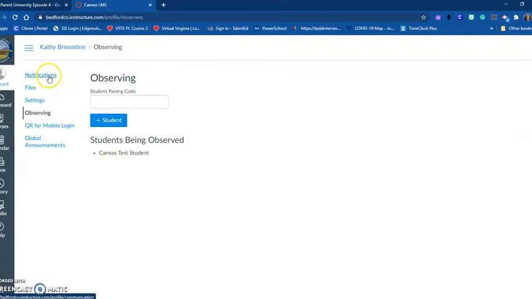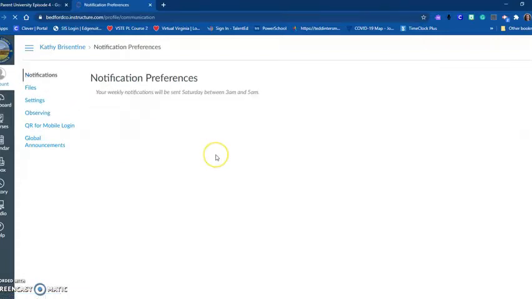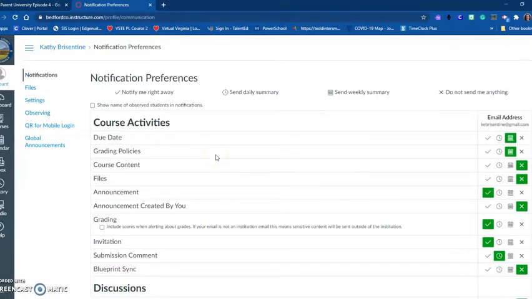I can also go up to my notifications. This is a key spot to go to make changes so that you can control how many emails you get on a regular basis. The key is up here. So the check mark is I want to get notified right away when it happens. A daily summary is the daily email that you get. The weekly summary happens on Friday afternoon, I believe, and the do not send me anything, you don't get notified